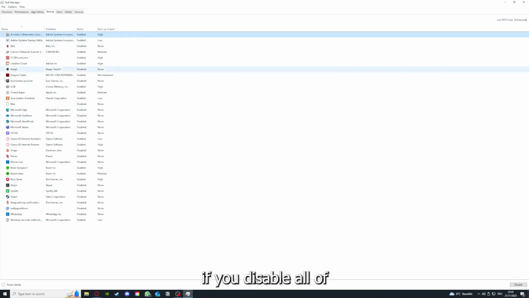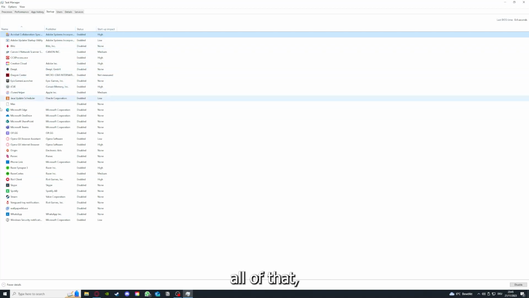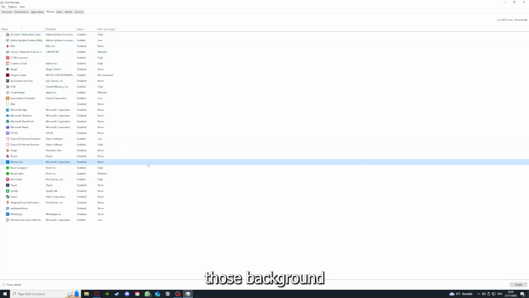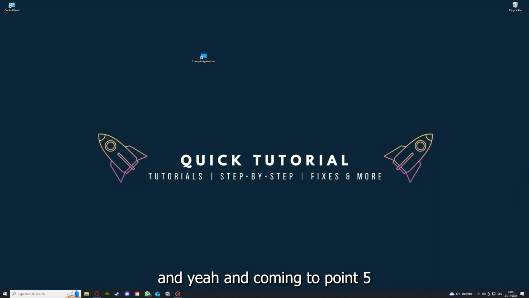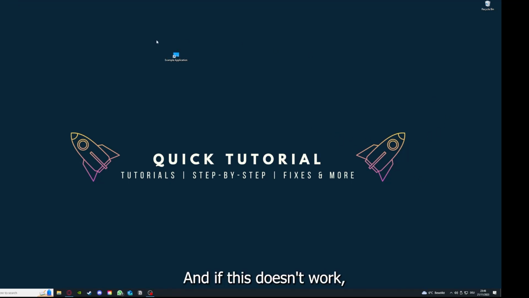If you disable all of those background applications here, you can make sure that nothing gets in the way of a smooth experience with the application. Yeah, and coming to point 5, if your application has an app cache or data, you can clear it. And if this doesn't work,